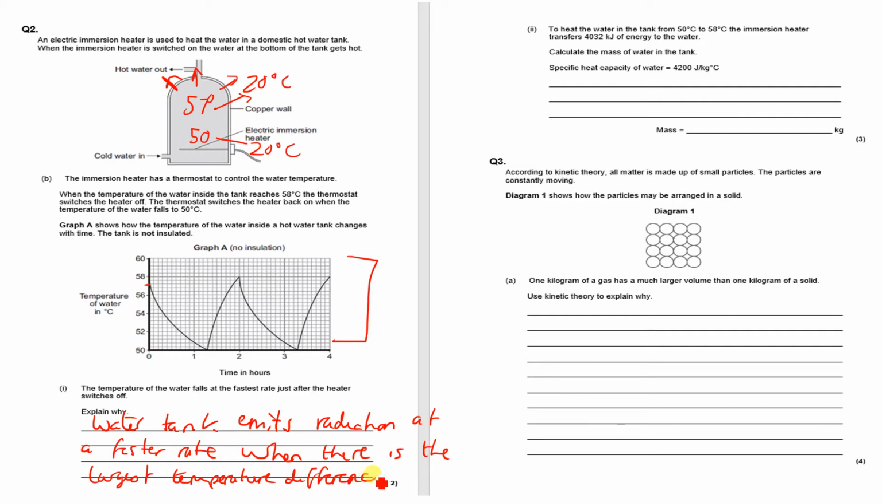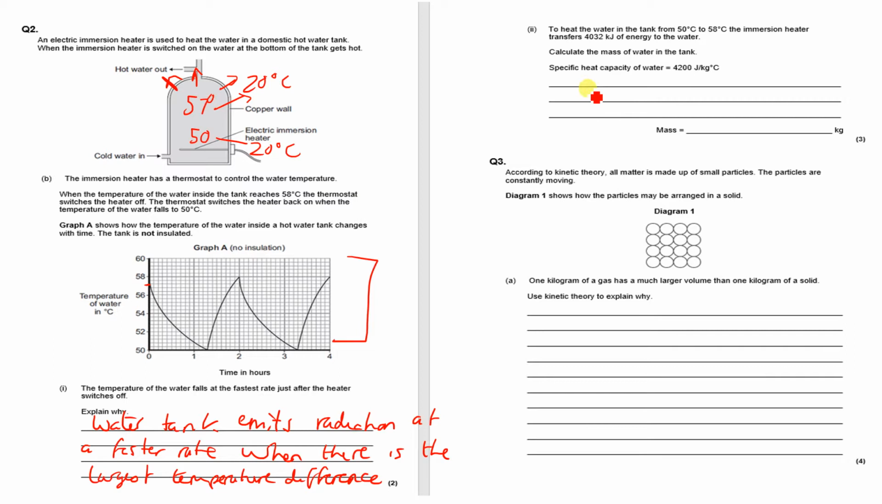And that temperature difference is between the tank and the air outside it. So just be specific about that and put that on at the end. Okay, so to heat the water in the tank from 50 to 58 degrees C, the immersion heater transfers 4,032